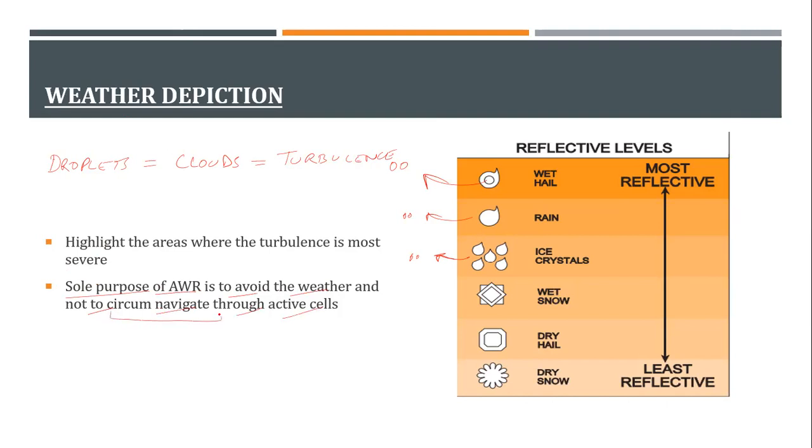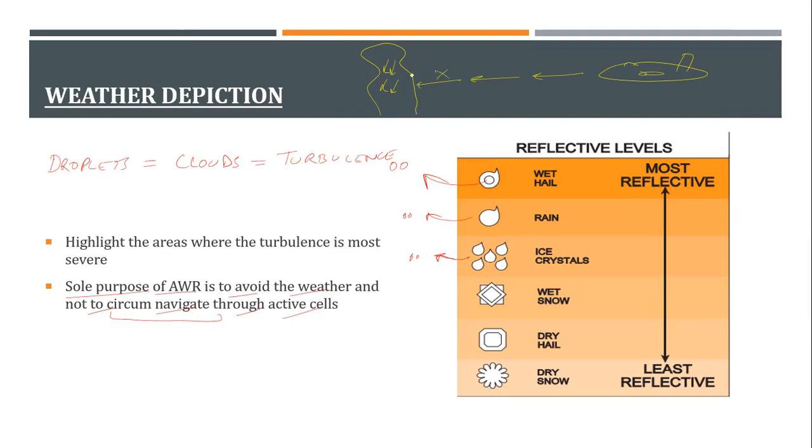What is the meaning of circumnavigate? Just that you fly into an active cell. Now, what is an active cell? It is not a bomb or something. Active cell means that the cloud itself is active. Active means it is in the forming or a mature stage. You need to understand this in meteorology. Active means that the cells are actively giving off rain or doing the process. It's not dead. So circumnavigation basically means that you will fly directly inside. You need to avoid that.